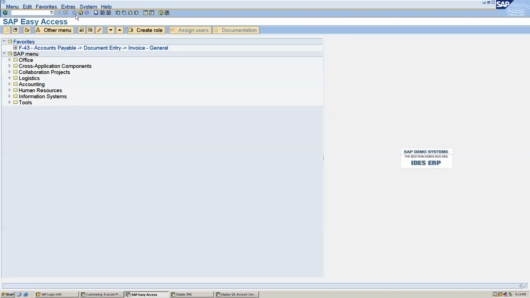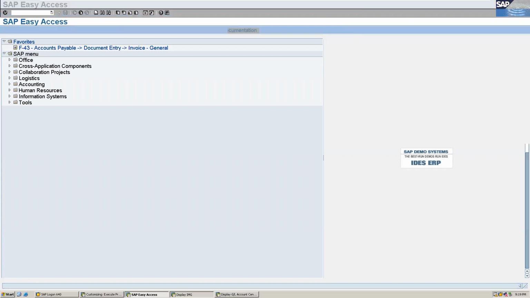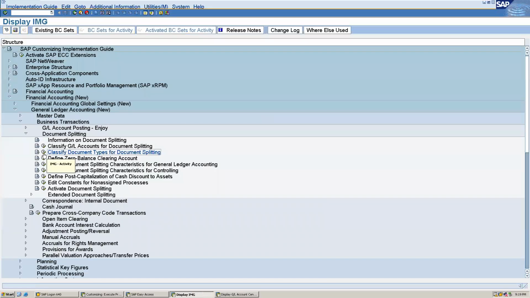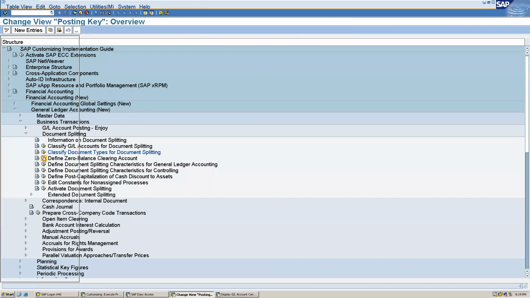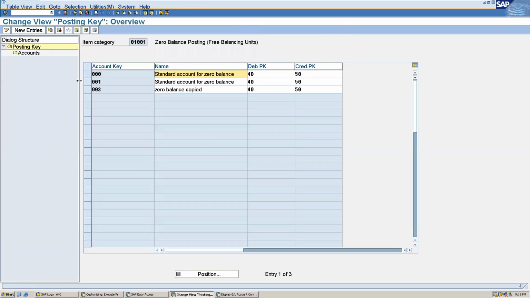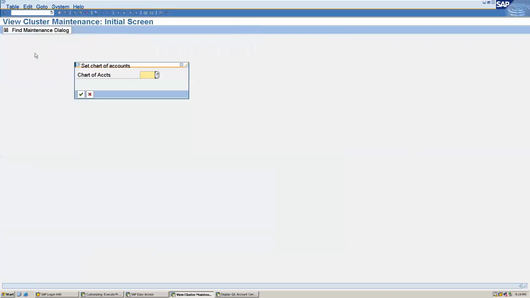Go back. Okay, Define Zero Balance Clearing Account. Here we can give the standard one, and give our chart of accounts, which is ALLO.